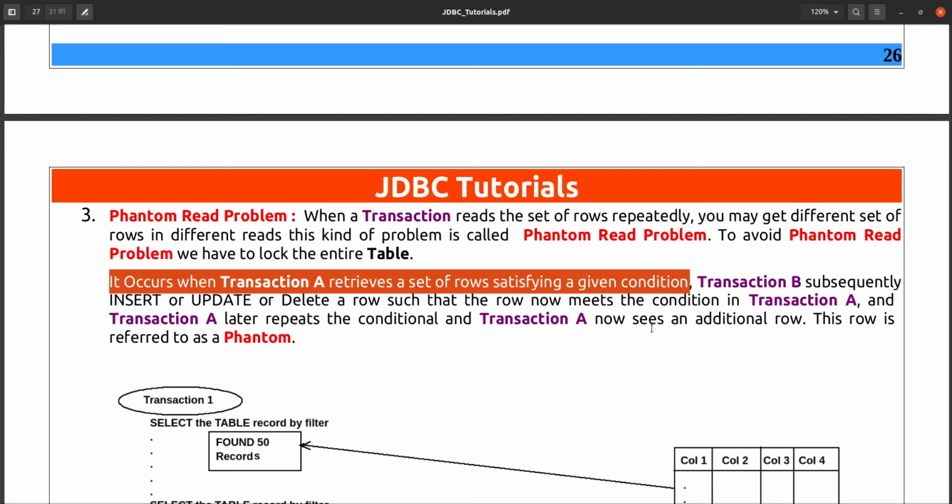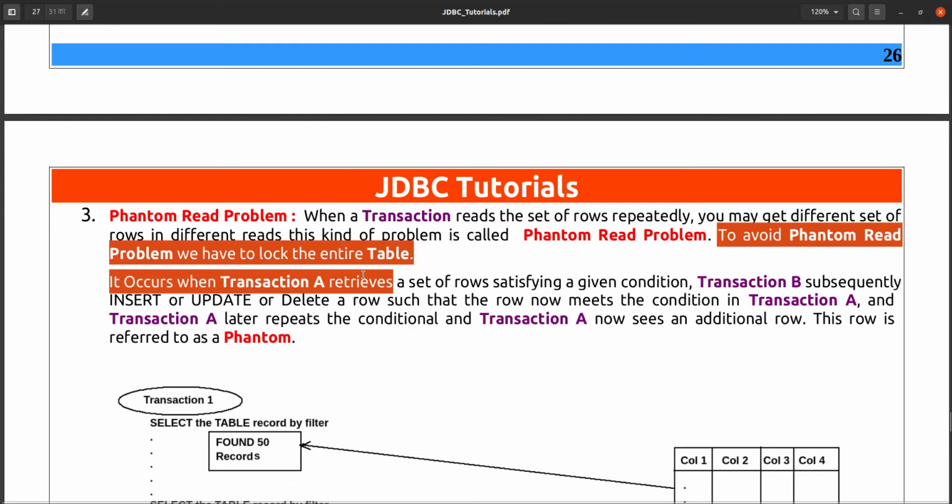To avoid this, you have to lock the entire table.